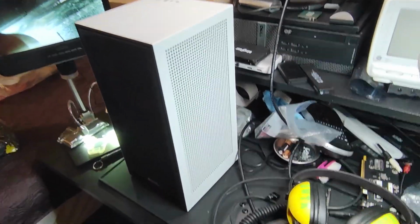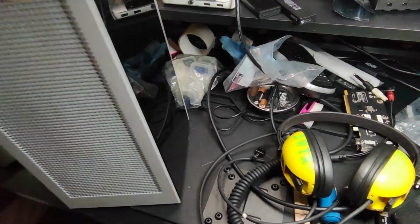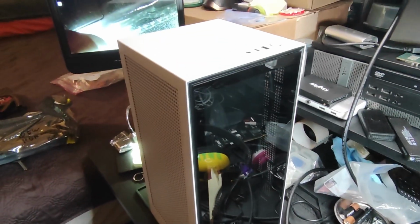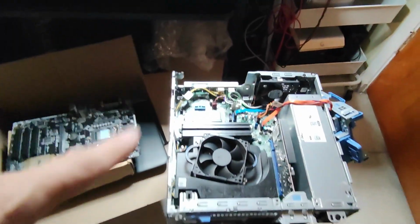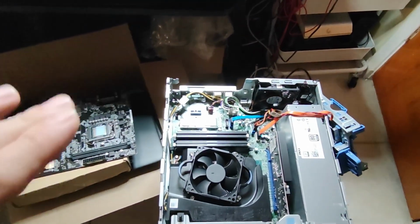I have that case for almost 4.5 years, 5 years, and it was sitting in my storage. I said, you know what? Let's have some fun. So I have that other little PC here that was in my lab for a while,